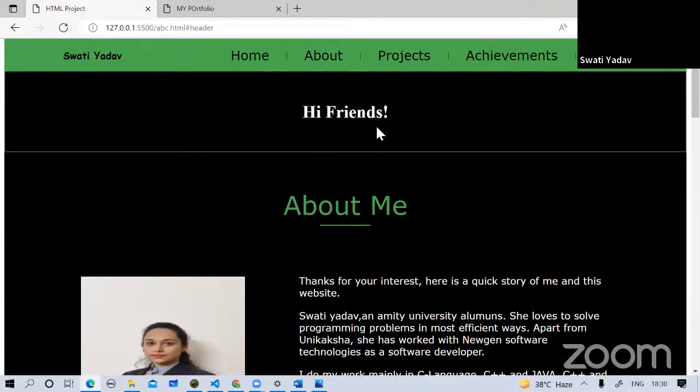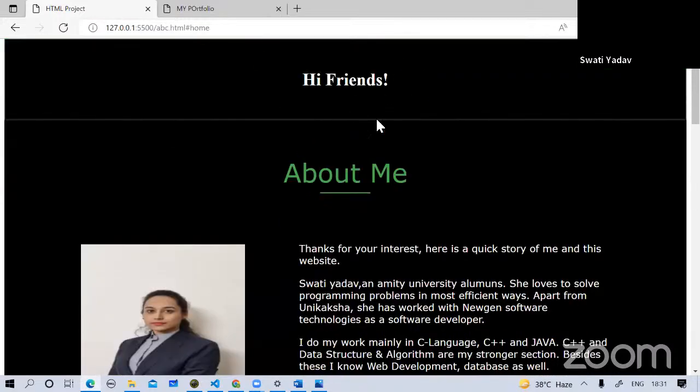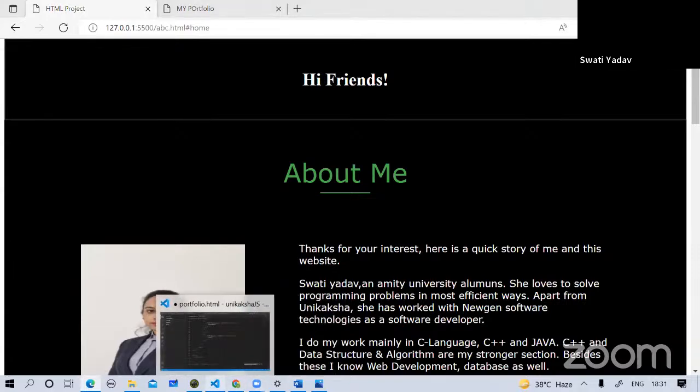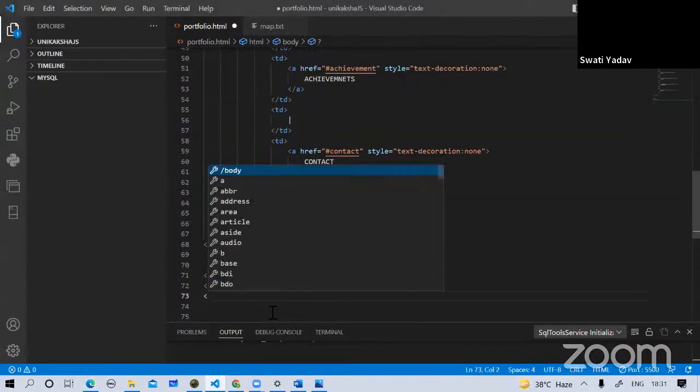This one. So the next is this part where I wrote "hi friends." You could write anything else also, depending upon what you want to write. Maybe whosoever you want to show it to, you can write some relevant information over here. So you could create a home page. This is your home part. Means when I click on home, it's going to take me to this particular part of my web page. So if you want to add some images over here, or add something else, you can do that as well. Keeping it simple, I'm just going to start with